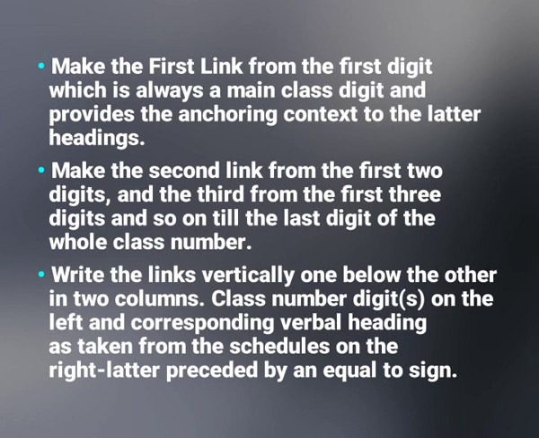Write the links vertically one below the other in two columns, class number digit on the left and the corresponding verbal headings as taken from the schedule on the right, preceded by an equal to sign. So, that is one thing that you need to divide. If you are preparing subject headings in advance on a piece of paper, you need to have two columns. In the left column you need to write the class numbers, and on the right side you need to derive